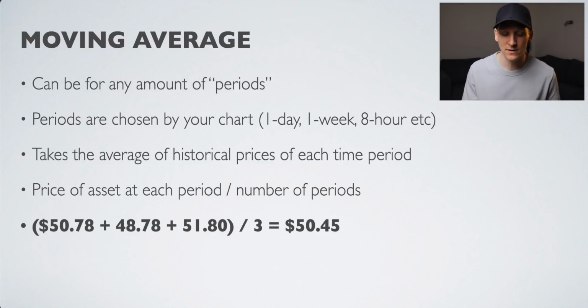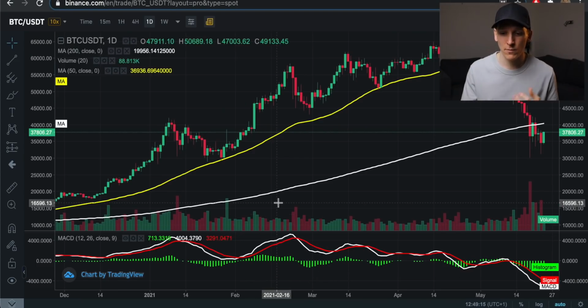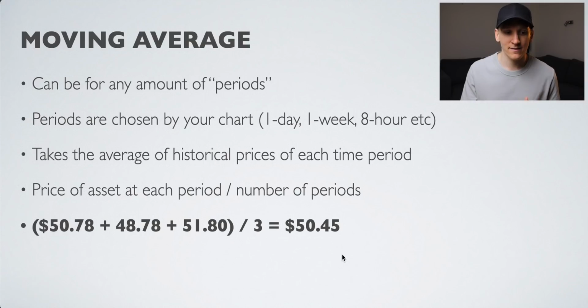This is really the first indicator that anyone will use when they get started looking at charts. But essentially what a moving average is, it takes the prices over a given period. The period does change depending on what you choose. It's really, really simple, and it just smooths out the chart. So I've got an example here. Let's say we have 3 days. We have a price of 50.78, a price of 48.78, and then a price of 51.80. Add those together and divide by the number of days, which is 3. So the moving average is 50.45, and that is plotted on the graph for the amount of time that you're